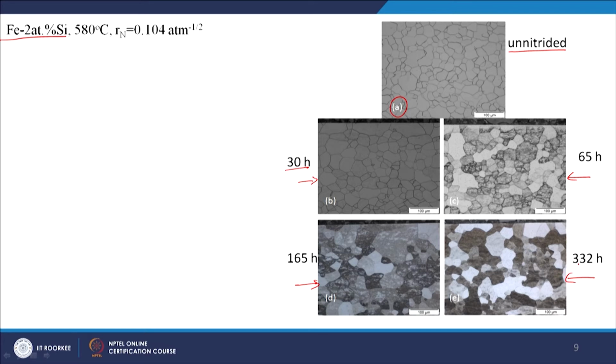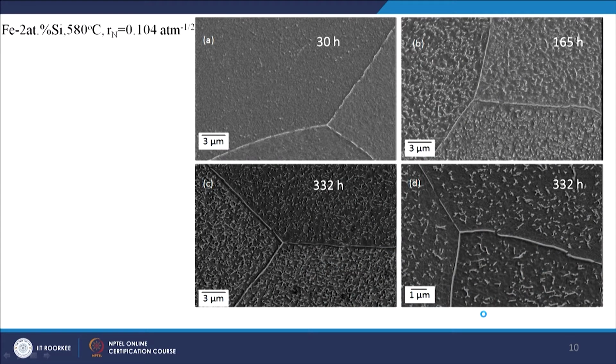What you see is, like in the case of iron, chromium and vanadium, here you are not seeing any distinguishable regions as a function of depth, where there is etching contrast and you see grain boundaries and you do not see grain boundaries, something like that. You see more or less homogeneous etching contrast. There is a change in the etching phenomena, but it looks similar throughout the depth, and that is what you see also with increased time. So, that implies that there is something happening, but it is happening quite homogeneously.